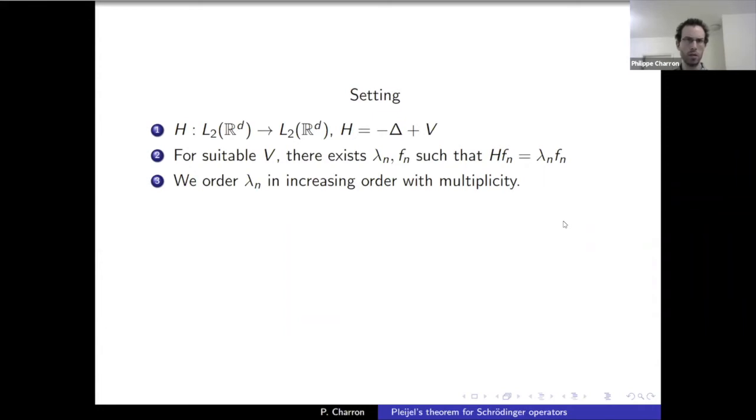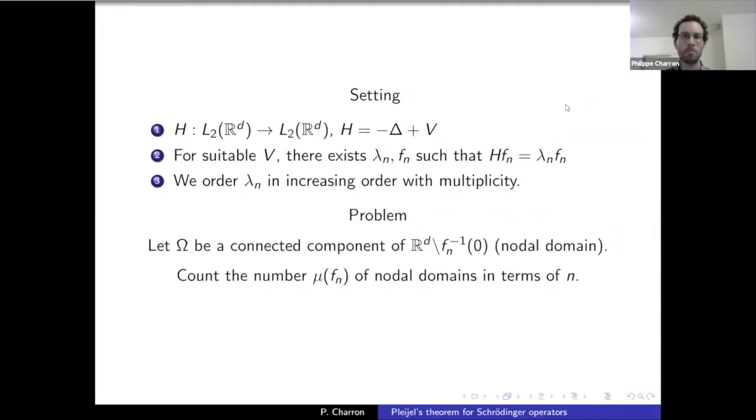So it's two completely different cases, but in both cases, we only consider the discrete spectrum. You have the discrete spectrum on one side and the continuous spectrum on the other side, and we just deal with the discrete spectrum when you have continuous spectrum. If you don't, like for instance the quantum harmonic oscillator which only has discrete spectrum, we just deal with the discrete spectrum. So that's our setting.